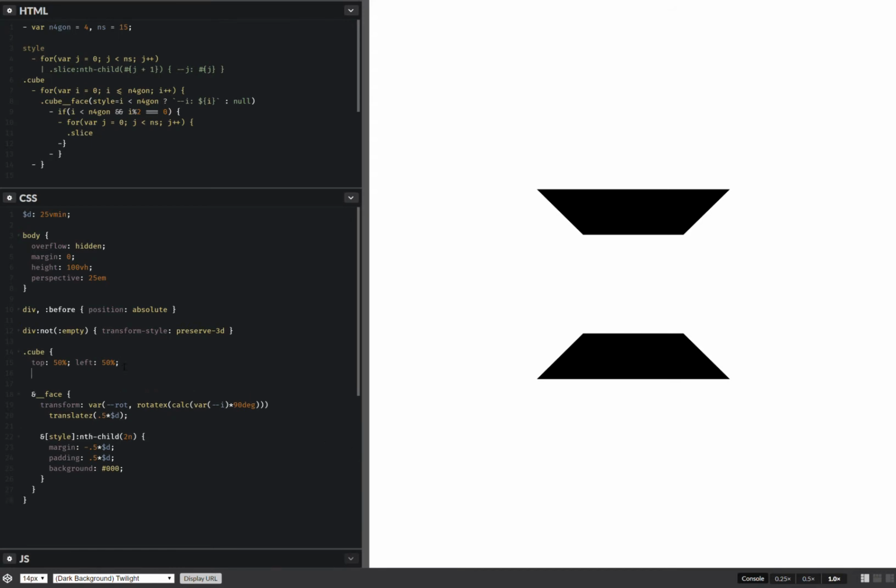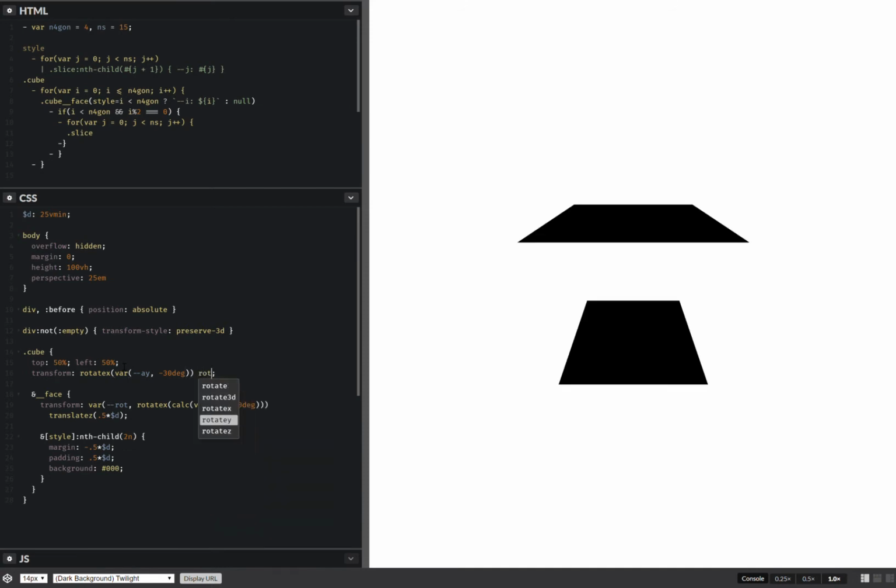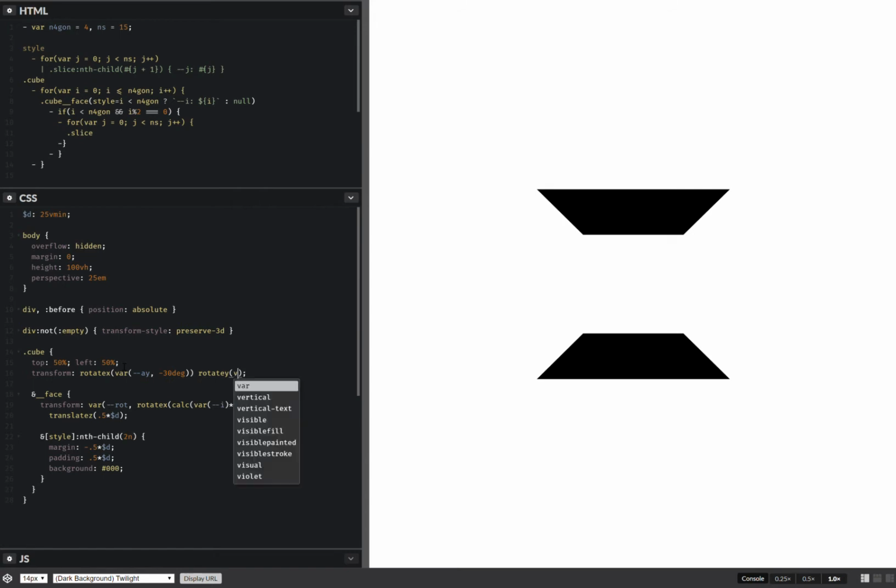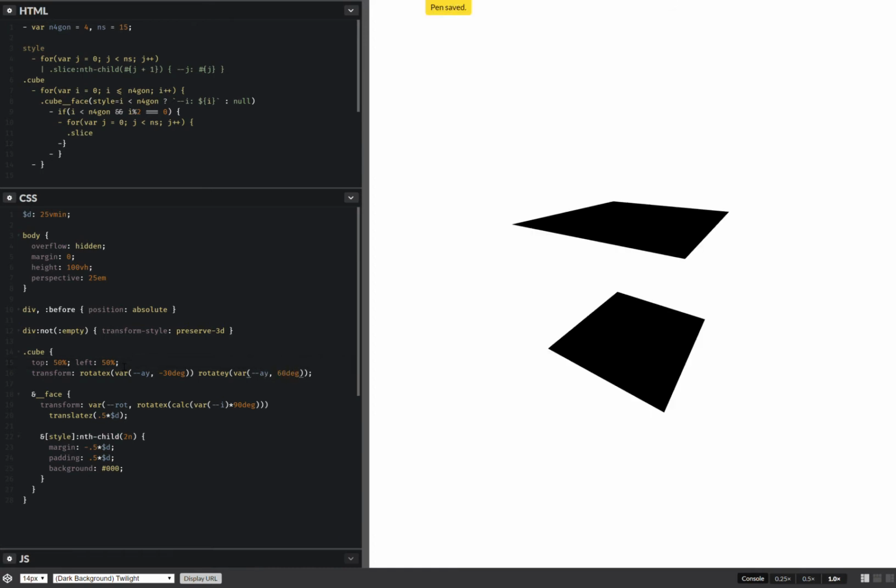Something else I want to do here is transform rotate X. Make this minus 30 degrees, and also rotate Y, make this 60 degrees. Okay, now